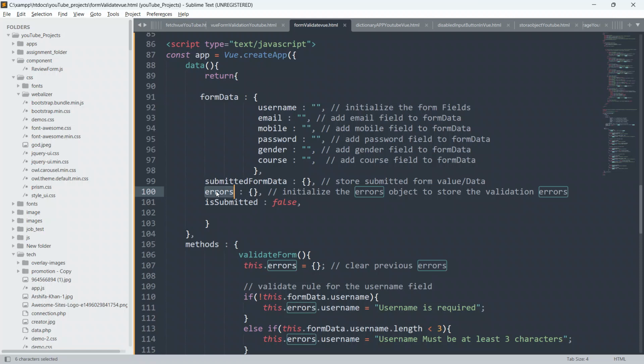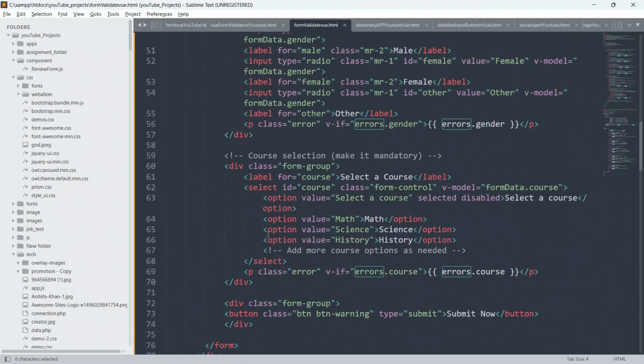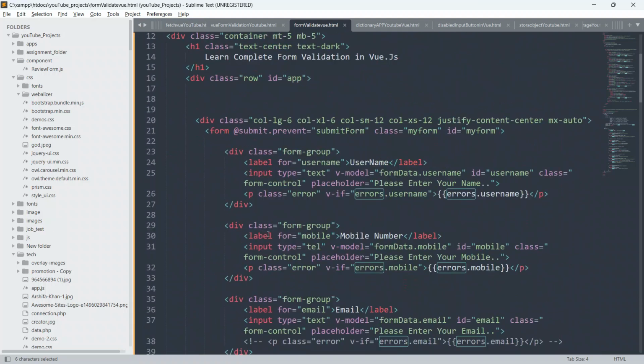Now guys, we will also define this method, submit form.